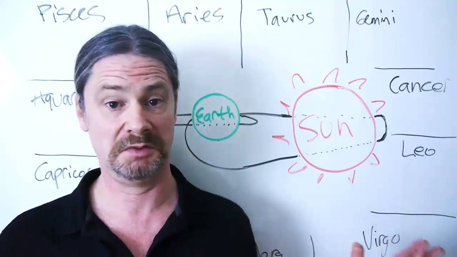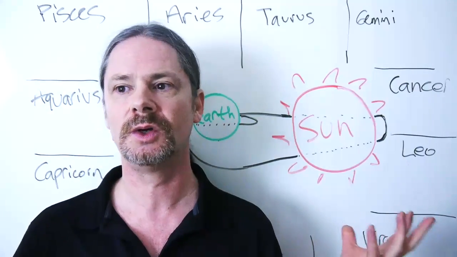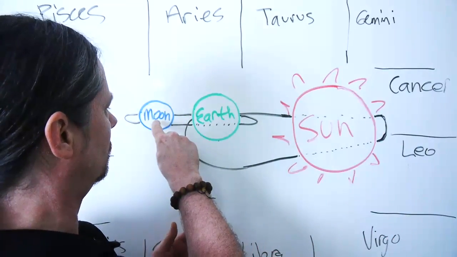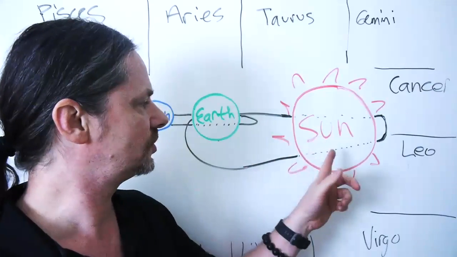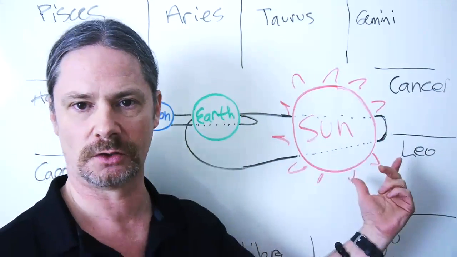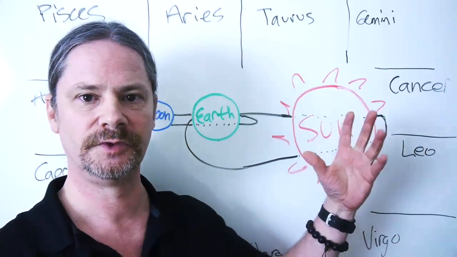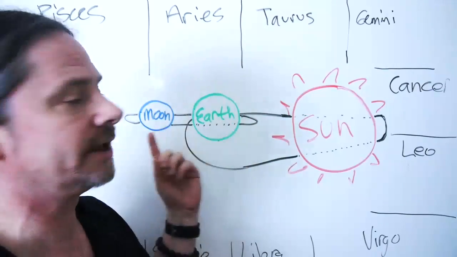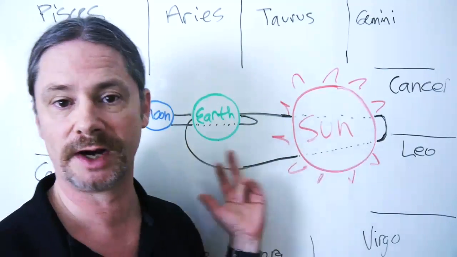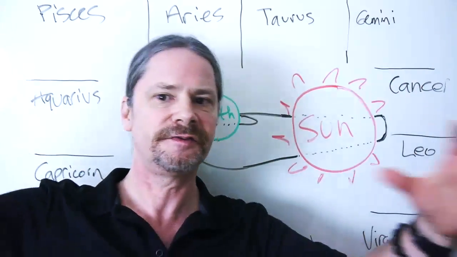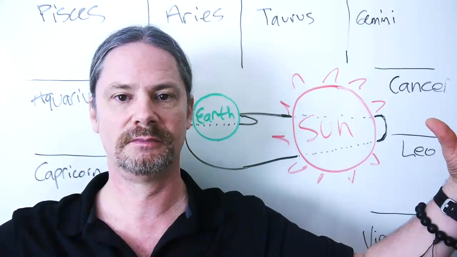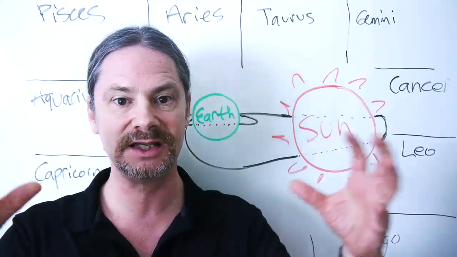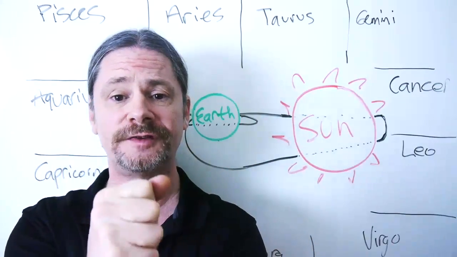There is no empirical reason why the orbits of the moon and the earth are timed to approximately 12 solar cycles, or 12 increments. The orbit of the moon going around the Earth has nothing to do with the orbit of the Earth going around the sun in and of itself. They're different bodies just moving. But now, over billions of years' time, these cycles are timed to almost perfect synchronicity.